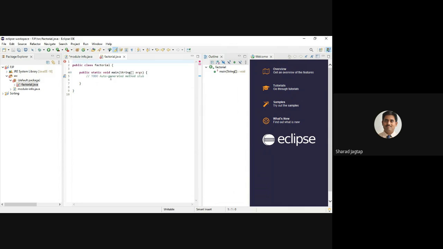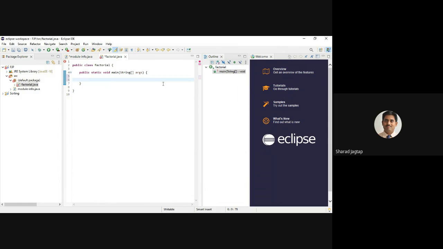So by using this method, we will get this public class, factorial class, automatically. So it is not necessary to define it ourselves. This is the public class we have defined, and this is the method. In this we will write our program.